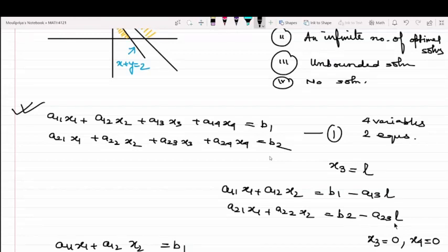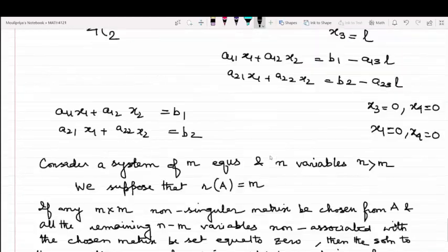Yes, ma'am. Forget about n and m. Here we have 4 variables and 2 equations. So in order that we are able to solve it, we should be able to figure out a 2 cross 2 system. Am I right? So can you tell me in how many manners, out of these 4 columns, we would be choosing 2 columns at a time? 4C2. Exactly. The answer is 4C2.